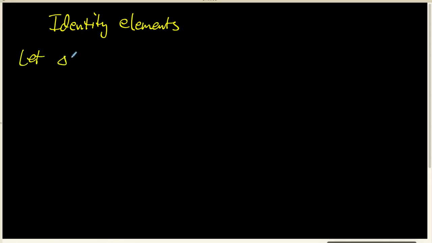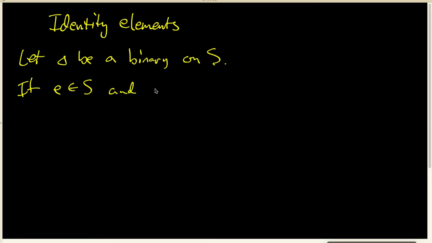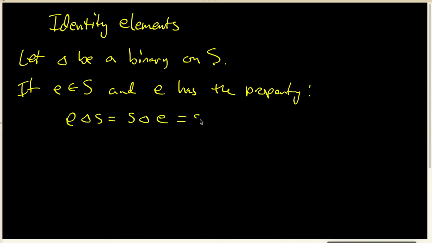So we're going to let triangle be a binary operation on set S. And if E belongs to S and E has the property that E triangle s is equal to s triangle E, and both of these things are equal to s, for all s living inside set S, then we're going to call E